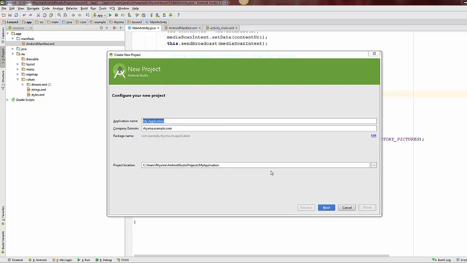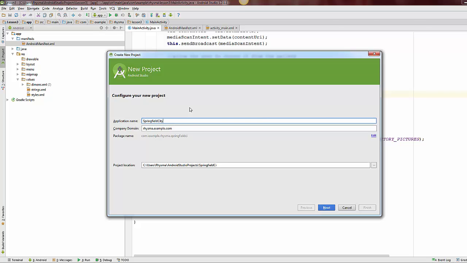And ultimately, through this lesson and the next one, we are going to create a small city guide for Springfield, highlighting some of the attractions that the city has to offer. We're going to display those in a list, and then I'm going to show you how when you click on them, you can launch the web browser and take the user directly to a page that talks more about that attraction. So you can see here I'm on my new project window, and I'm going to name this